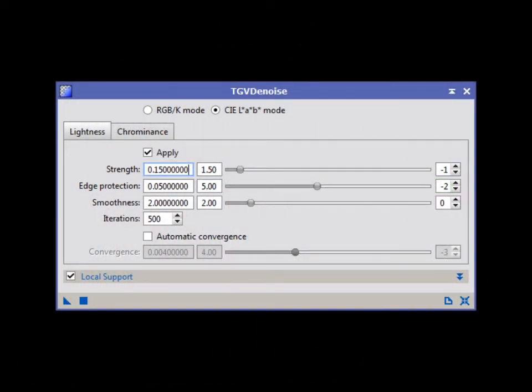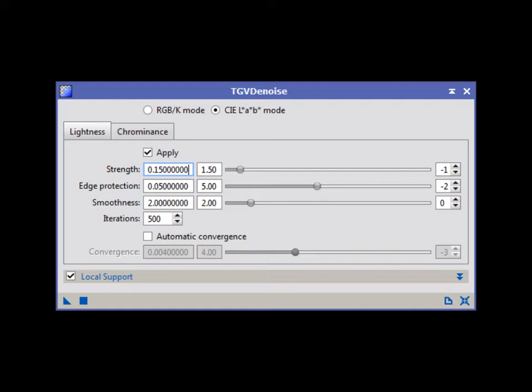While the default number of iterations is 100, begin with 250, and as high as 500 is recommended for the algorithm to reach convergence. For deep sky astronomical images, especially linear ones, local support is advisable. As with deconvolution's local deringing support, this is not a mask in the traditional sense, and you're free to use a separate one to further protect